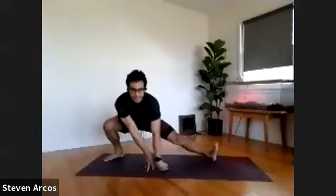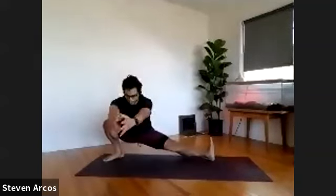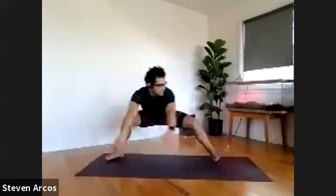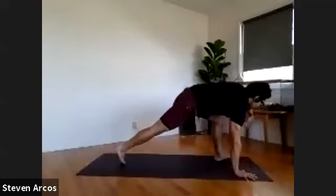Squeeze heels together. Press thighs apart. Drop your hips nice and low towards the earth. Come forward, side plank pose to the right side. Walk your hands forward, place your right hand down, lift your left arm to the sky, push through your right